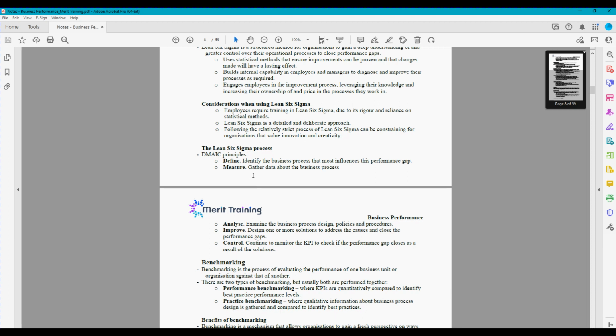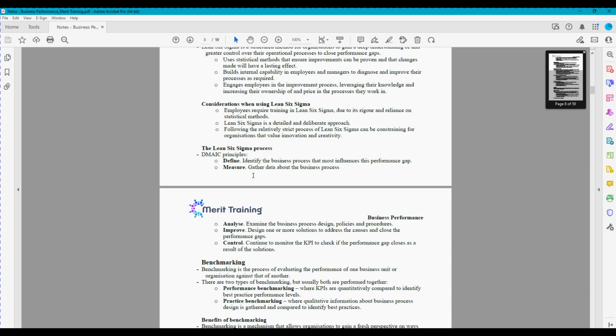Next is to measure it. Let's actually gather some data about the business process. Let's gather all the rosters for every business unit for the last 5 years, and collect all the data. Once we've got all the data, let's analyze it. Let's look at the data and the trends, and at how the process works. Who's actually filling out the roster? Who's approving it? How is it calculating it? How is it assigning data into different levels of award that calculates the cost? Let's really get a good understanding of it. Let's also go back to the policies and procedures of the organization and understand the award, at all the different rates. Are there certain times of day where it's much more expensive that we should be aware of?